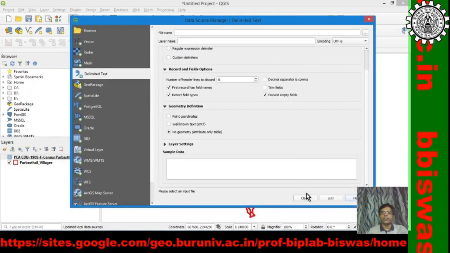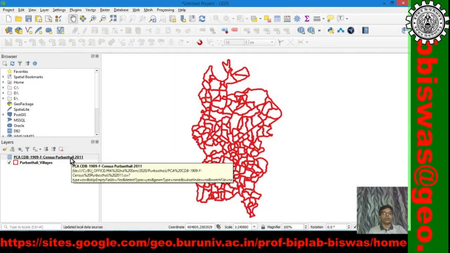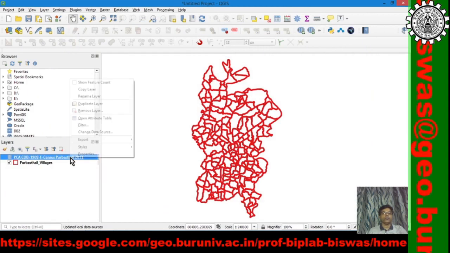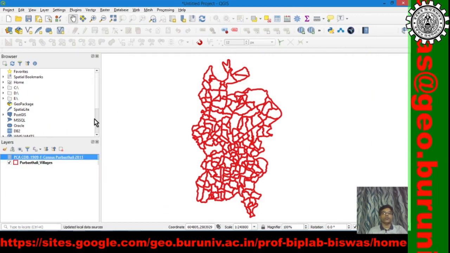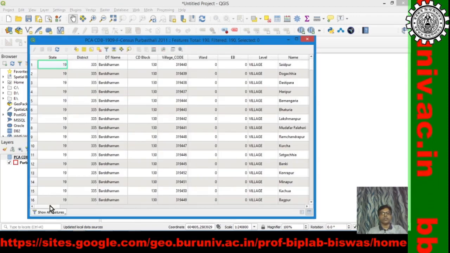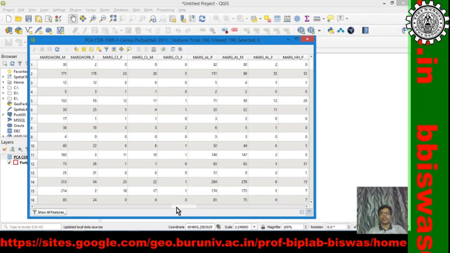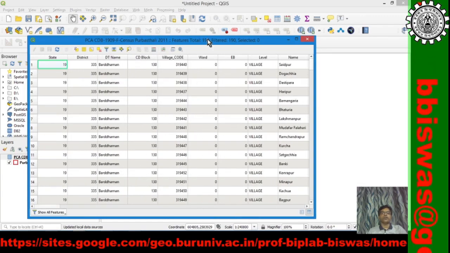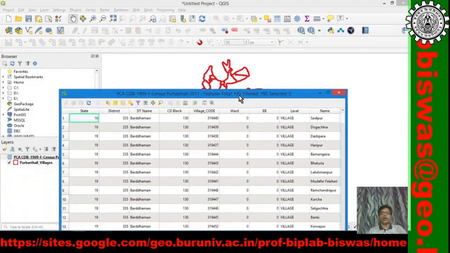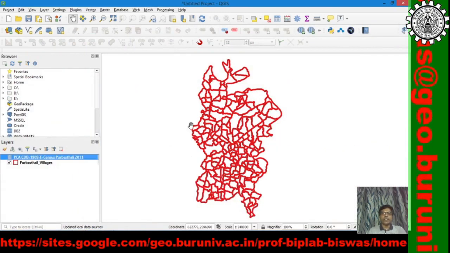Yes, that is added. So, the layer is added here. We can right click it, open the attribute table, see the data is added. What was there in Excel is added in our GIS, but you may be asking where is the data, where we can find the data.